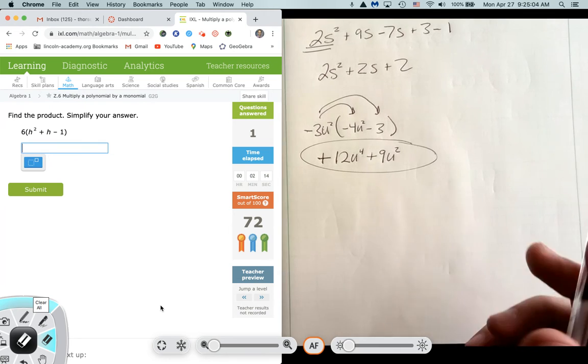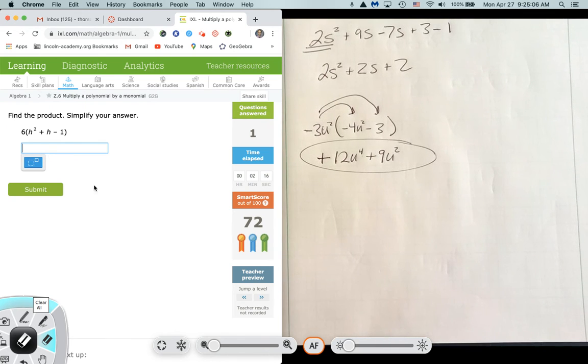All right, we'll just do some very quickly. Again, sometimes you don't even need to do it on paper because this is simply just 6 times each of these 3 terms. 6 times h squared is 6h to the squared because there's no additional h's on the outside that I'm multiplying in. Plus,